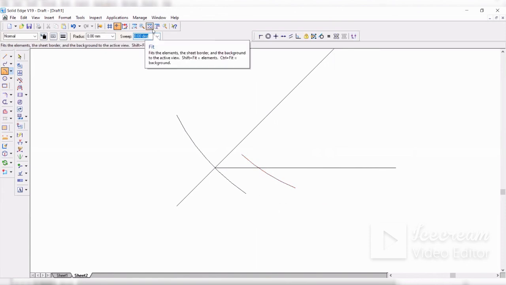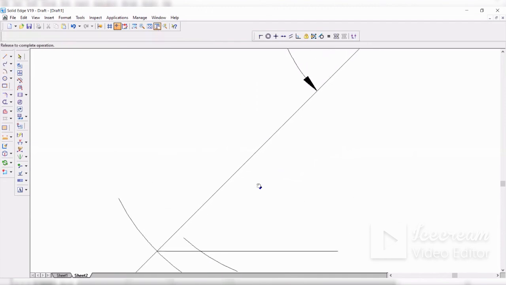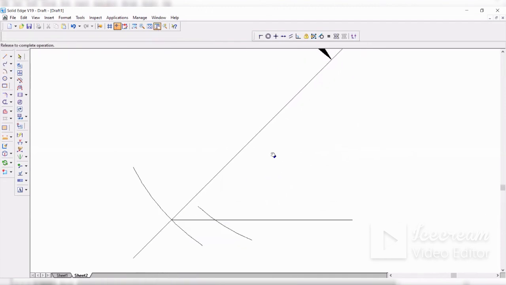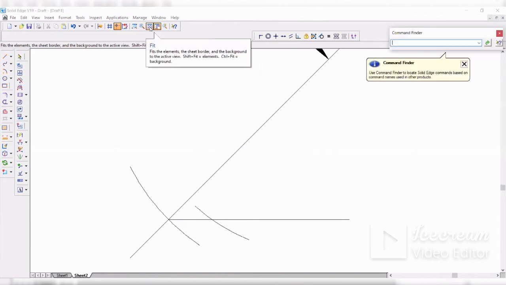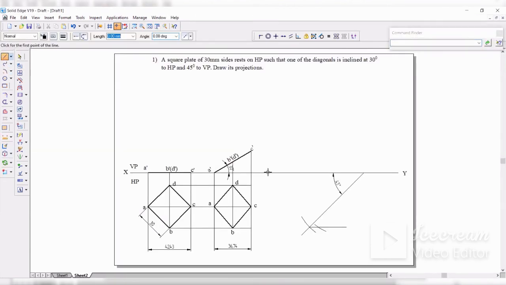Now, if you don't want to zoom out and you just want to pan, click on pan where you want to pan. See here, you can pan. If you want to zoom out, click on fit. Now, take the point from here, because you want the intersection point here.